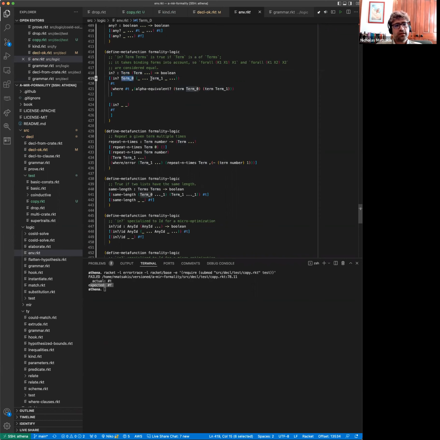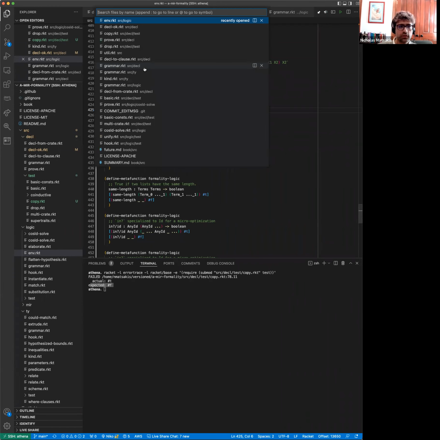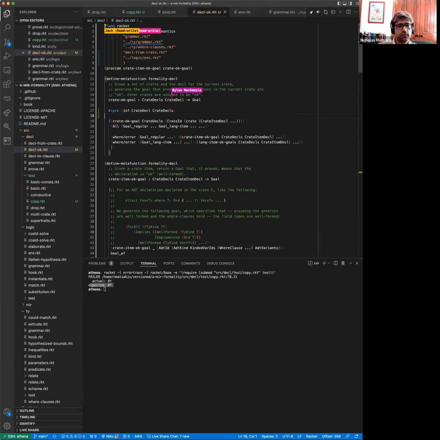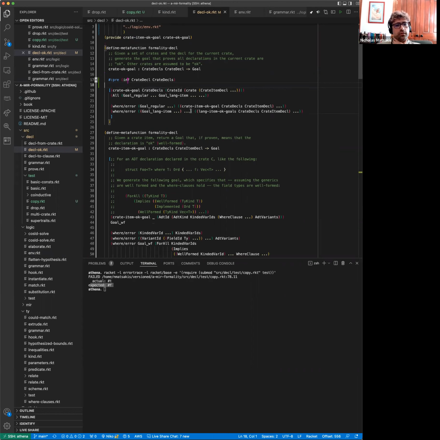If there is something in the list that is alpha equivalent, meaning it can have variables that are bound, can be renamed to term 0, then it's true. Otherwise, it's false. So it's sort of what it sounds like it is. So yeah, with this precondition now, if you tried to call this function with some crate that wasn't in the list of crates, you would get an error. Okay, so anyway, that little aside,